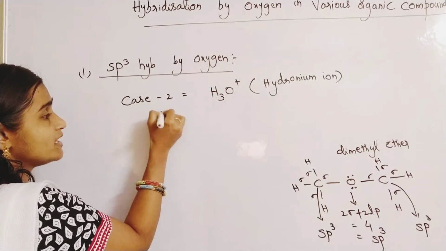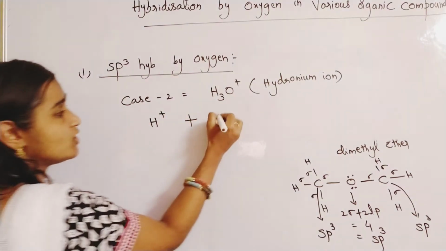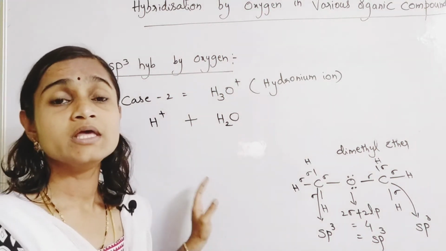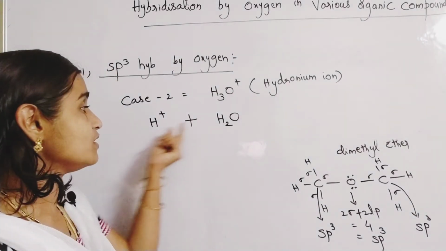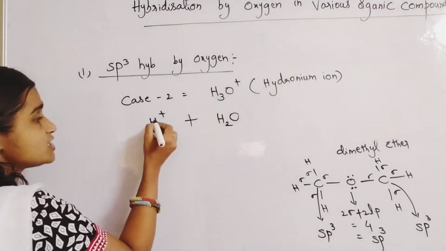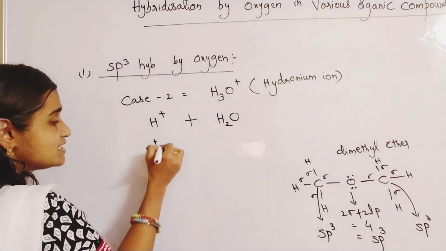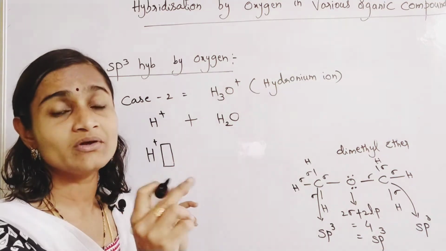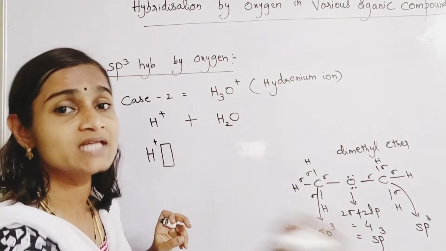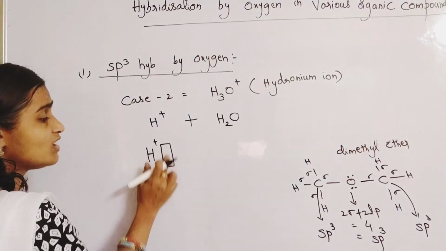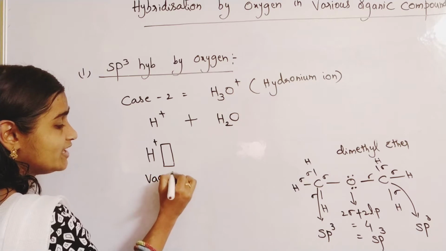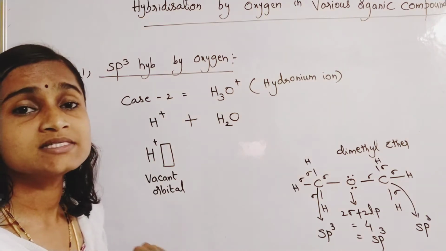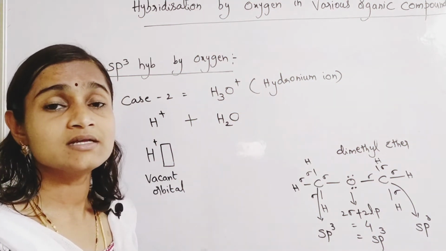The hydronium ion is formed by the combination of H+ ion and a water molecule. H3O+ is formed by the combination of what? H+ ion and water molecule. This H+ ion, as the name itself says, is vacant. It has a vacant orbital. Actually hydrogen has 1 electron, and H+ ion is formed by losing that 1 electron. So a vacant orbital is there. It is in want of 2 electrons to get the stability of the nearest inert gas, that is helium.